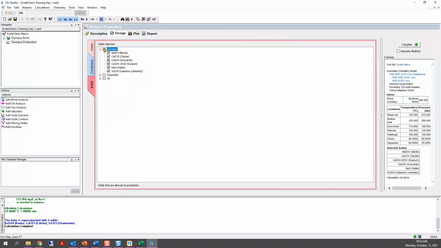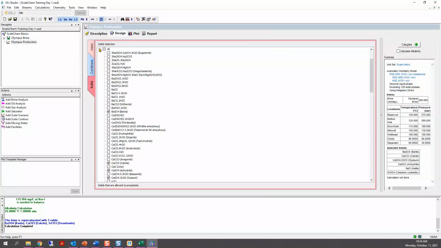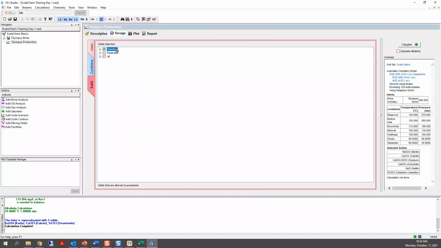To see the solids, just make sure that you click on the standard. I see a question in the chat. Just make sure that you have selected the standard solids there. Yeah, it doesn't give me that option. It just says solid selection, and then a dialog box that says all. You don't see these 3 options?